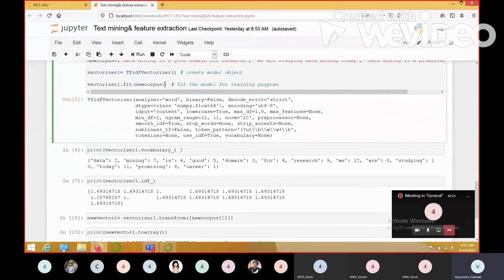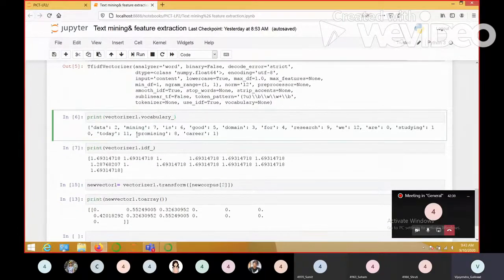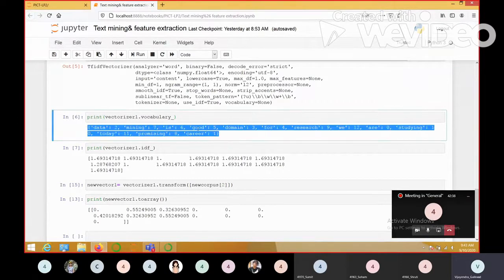Then we have displayed the vocabulary as we did in the case of count vectorizer. By displaying the vocabulary, we get an output, and in the output we get to know which index value is assigned to which word.